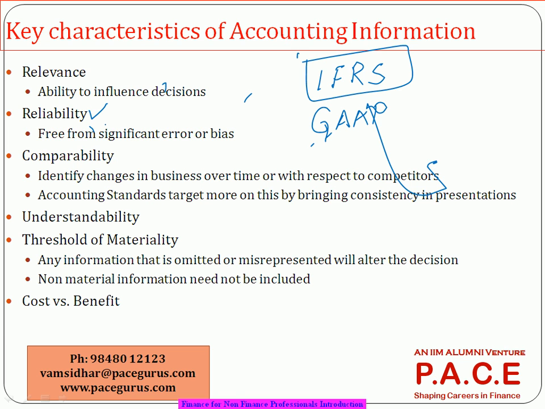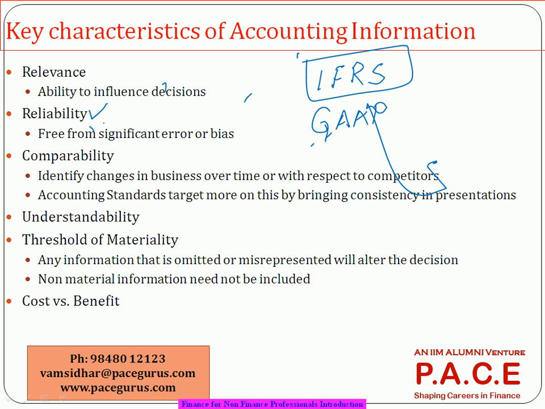Finally, the statement is prepared by grouping all the day-to-day transactions into these headings, and it is the accountant, or the chartered accountant who is the auditor, who has given a stamp on it. So what will be presented to us as a financial statement is those 50 headings only, which are summaries of so many transactions which the company has done. And if I am able to understand those 50 very well, it gives me a good level of insight into the analysis of any company. So that's the characteristic here.